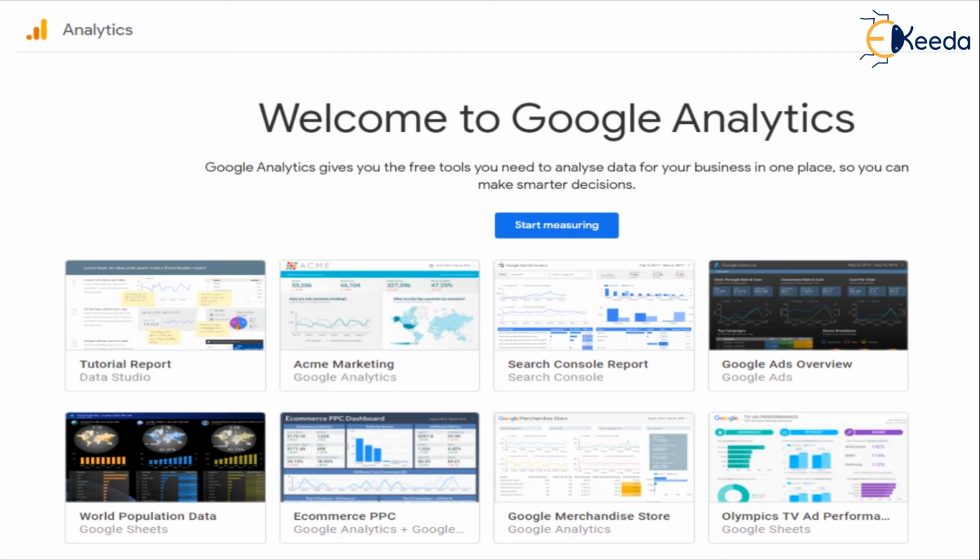What you can see at the bottom is an example of various dashboards which can be custom designed using the Google Analytics tool, and that can pull data from various sources like Google Ads, Search Console, Google Sheets and Data Studio, or a combination of sources, and these could be suited for different types of business requirements.